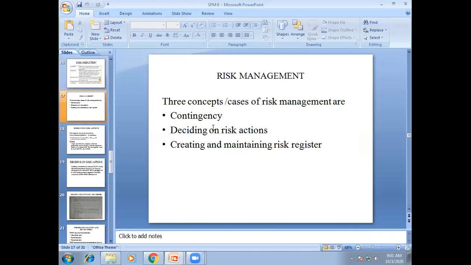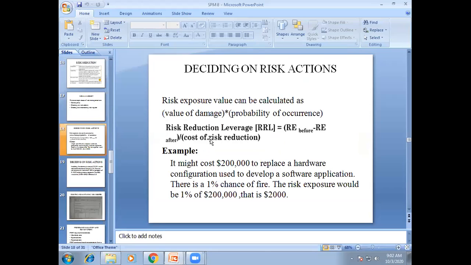We already know contingency. If a faculty or team member leaves or falls ill, the project manager has to adjust; we call that a contingency. For deciding on risk, RRL is equal to risk exposure before minus risk exposure after, divided by cost of reduction.